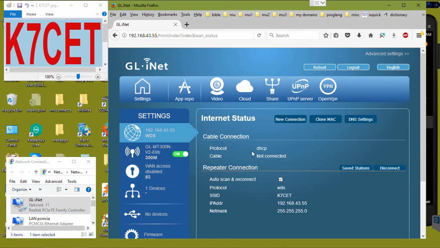Well, I take that back. The GL router is going to have that, excuse me, that 55 address, but this LAN adapter here is not going to have an address for us. To get to that, we'll have to set this to a static IP. So once we have this connected with WDS,